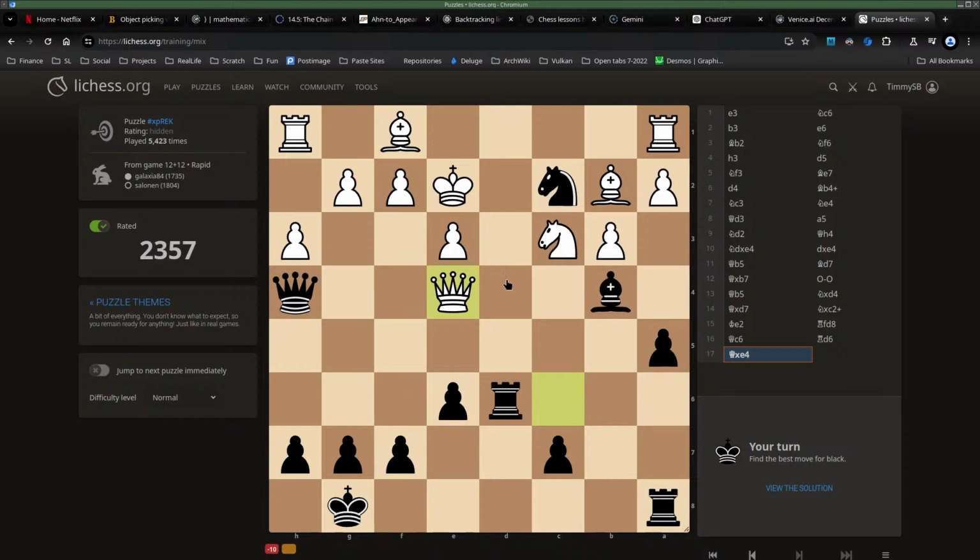So if we give check like this, well, if he takes with the queen, I just do a rook for a queen, or a rook and a knight. But then we have an exposed king, and this thing is attacked twice, and yeah, I like that. Now, assume he's going there. Then what happens? Then I can move my knight with check. But